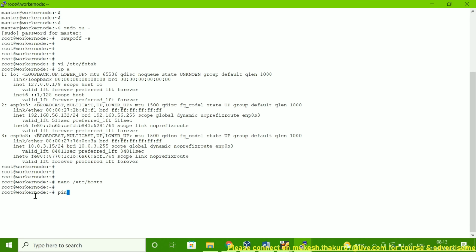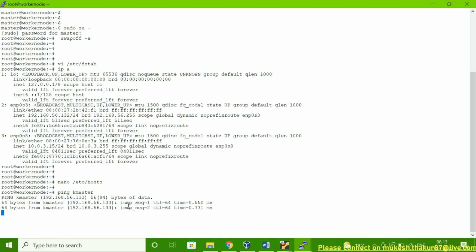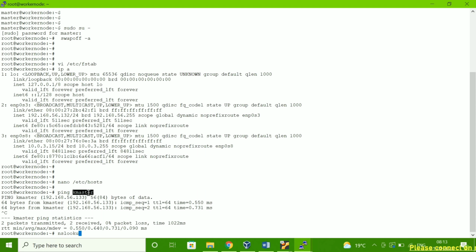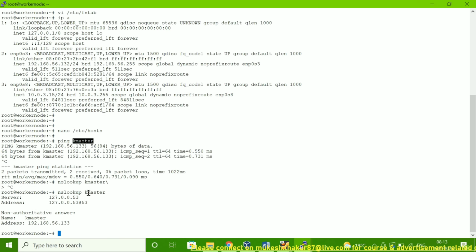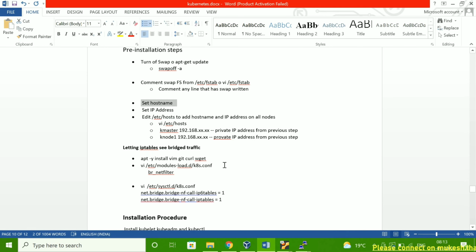Now if I ping kmaster here, you can see I'm able to ping with the hostname also. It's resolving the IP locally. If you don't have a DNS, you can do it this way. Fine. So till here we are completed.